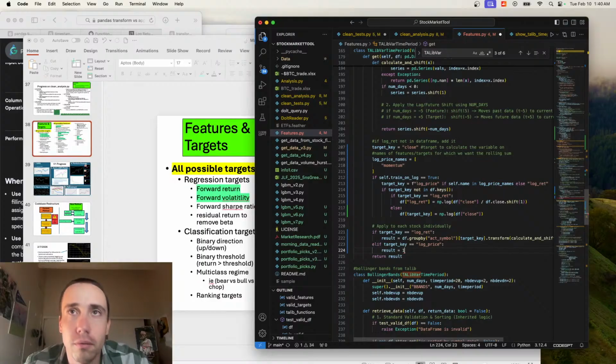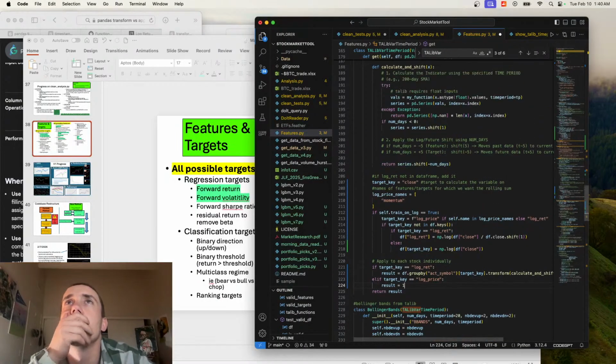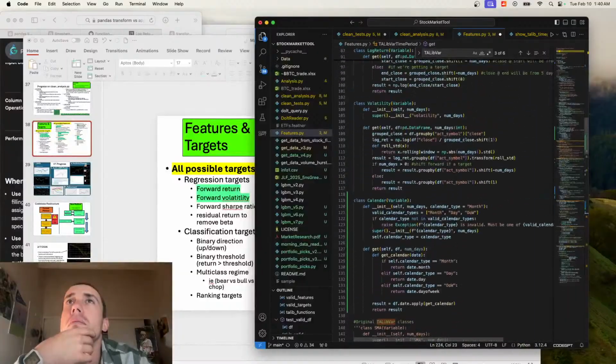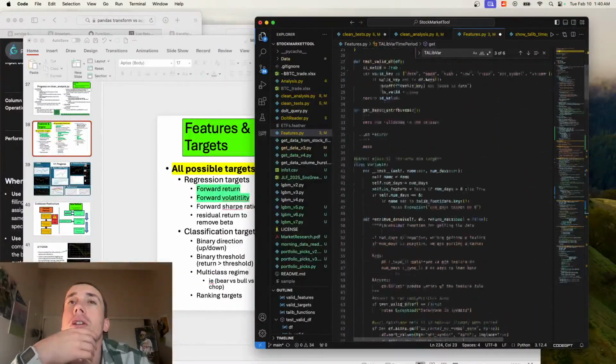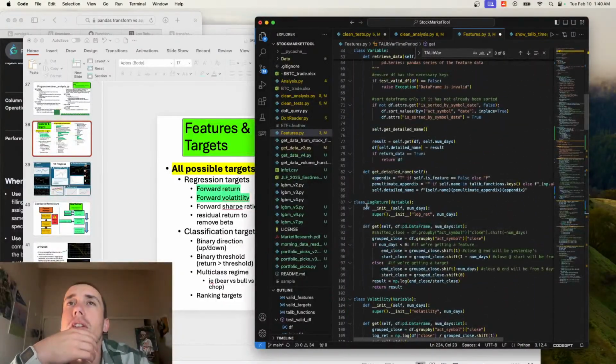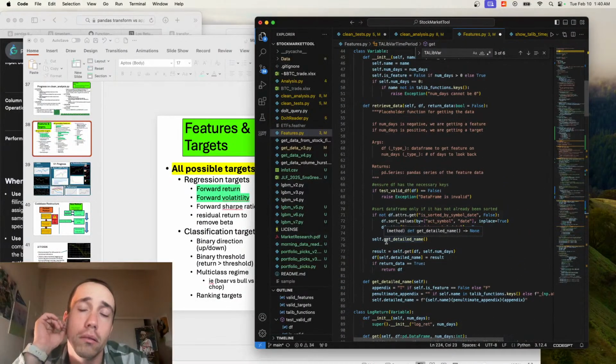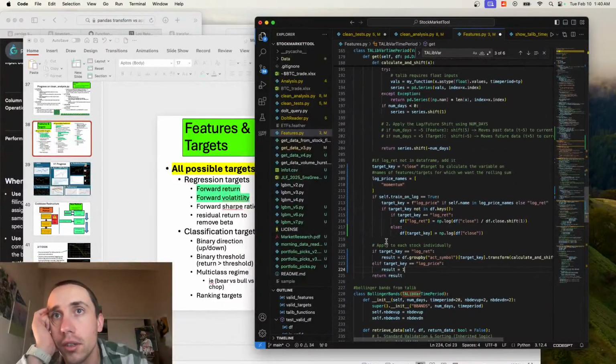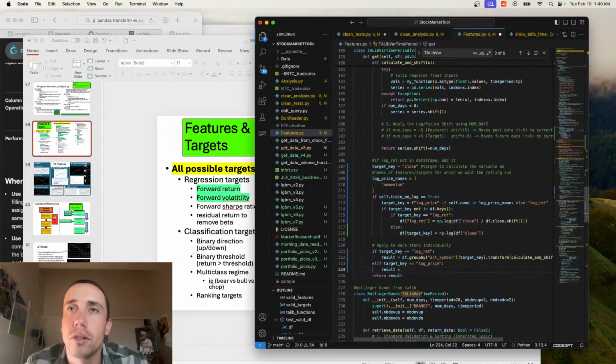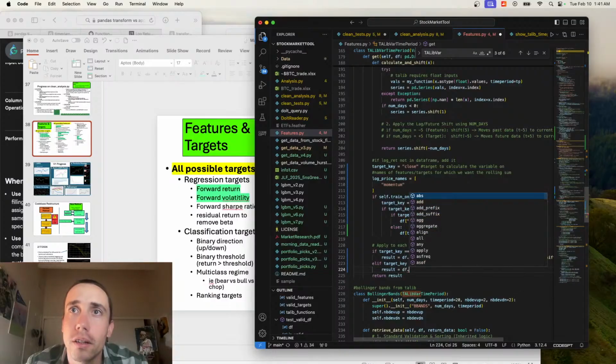So what is the result? The data frame? No, result should just be a series, I think. Yeah, it's just a series. So then we could just say result is equal to df dot